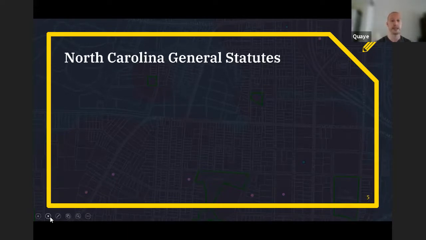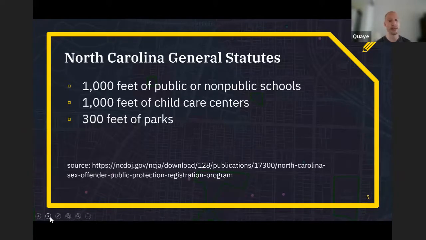One of these restricted activities prohibits the offender from being on the premises or knowingly residing within 1,000 feet of the property on which any public or non-public school is located, excluding colleges or universities and homeschool locations, within 1,000 feet of the property on which any child care facility is located, and within 300 feet of any place intended primarily for the use, care, or supervision of minors.